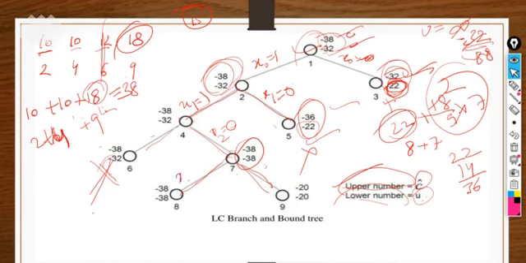Now what do we have to do here? For the next object, we have to either include it or exclude it. There are a total of 4 objects. We have already tested 3 objects, and this one is the last object to test, right? So either we include or exclude. If we are including it, it will come as it is. If we are excluding it, what will happen?